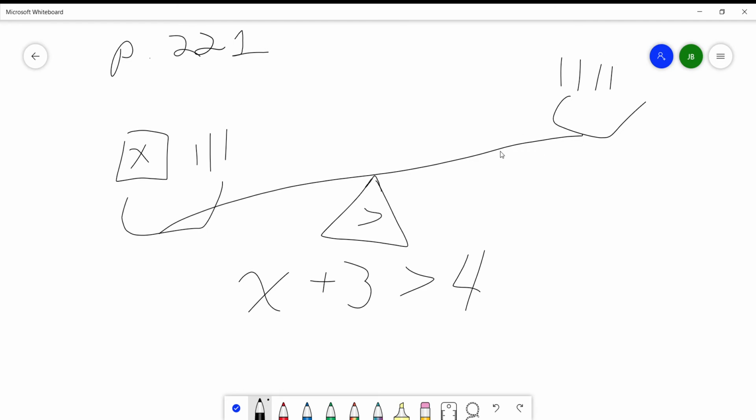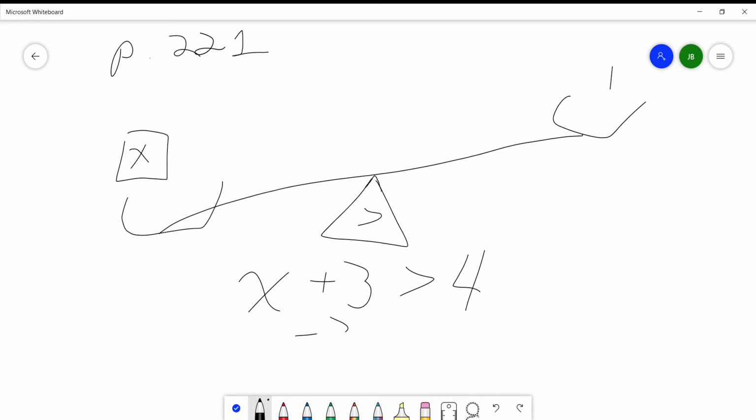We want to try and hone in on just x. Same as when we solve an equation, with the inequality we want to make sure that we isolate the variable by itself with a coefficient of positive 1. So if x plus 3 is greater than 4, what can we know for sure about just 1x? We don't know what it's equal to, but we could easily see that if I take away 3 from both sides, I'm going to have x on one side and 1 on the other. I can subtract 3 from both sides,